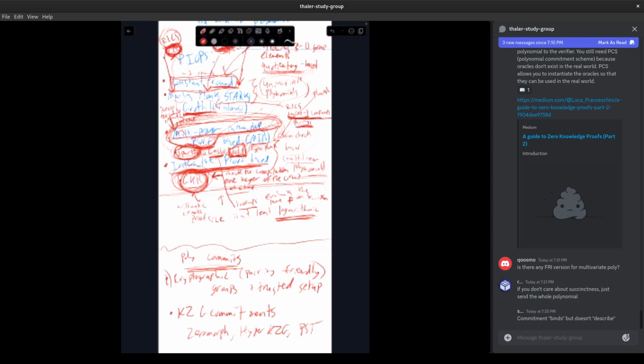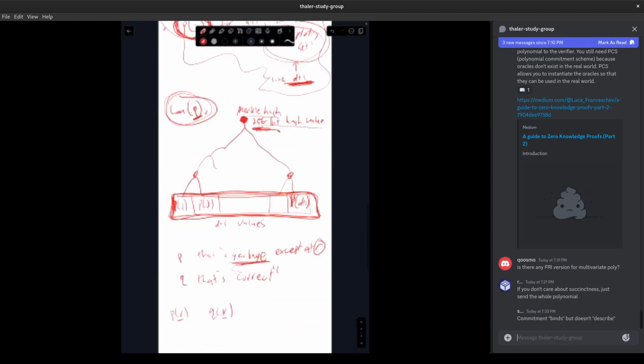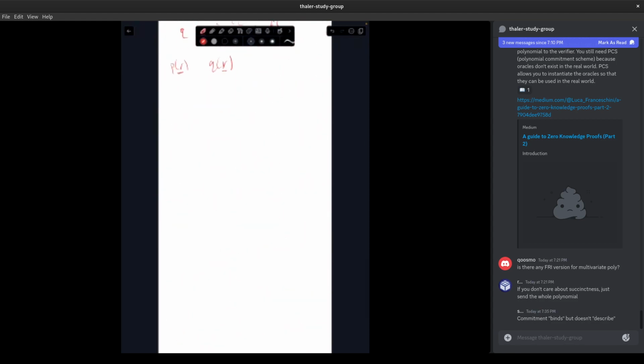Pairings let you check one multiplication. A pairing lets you take 3 group elements, g^A, g^B, g^C, in a multiplicative group, and without knowing what A, B, and C are, a pairing will let you check whether A times B equals C. Okay, so it lets you check one multiplication of hidden values. And that's why Groth16 is really fundamentally limited to degree 2 constraints. Degree 2 captures one multiplication,